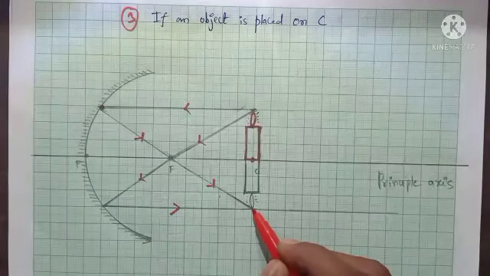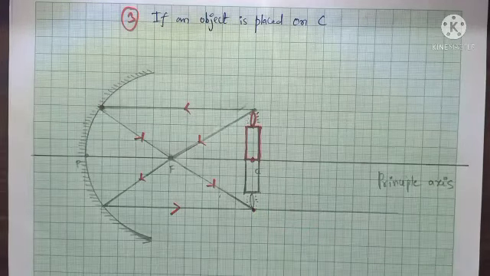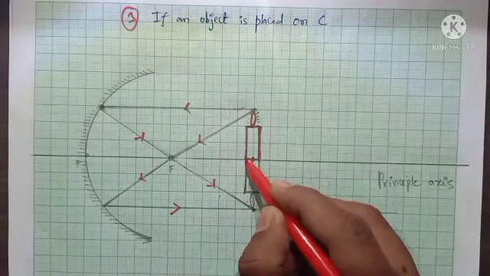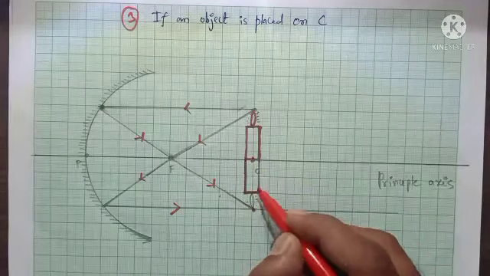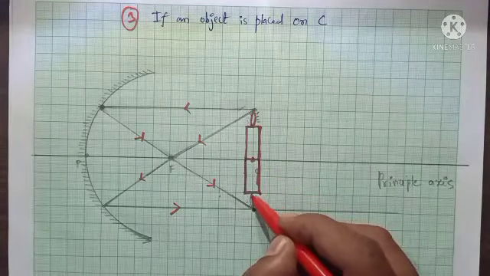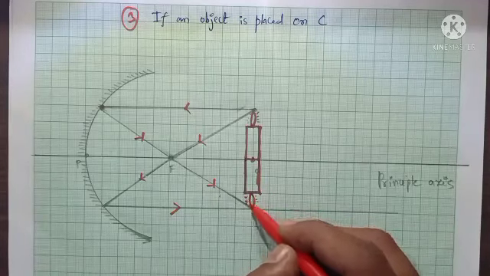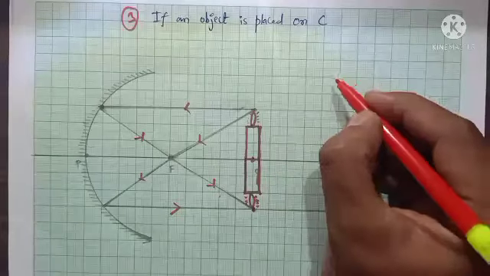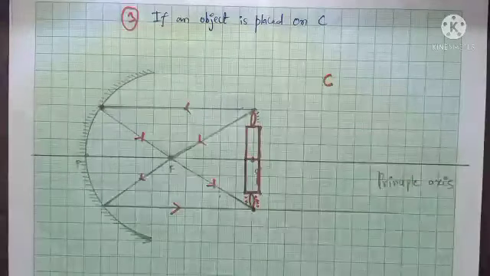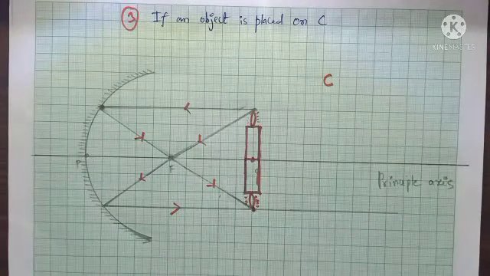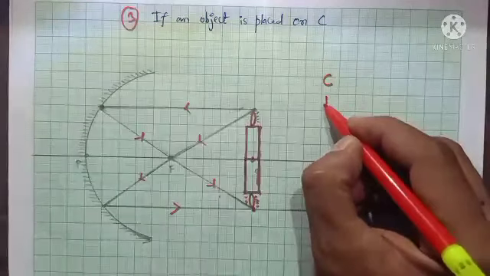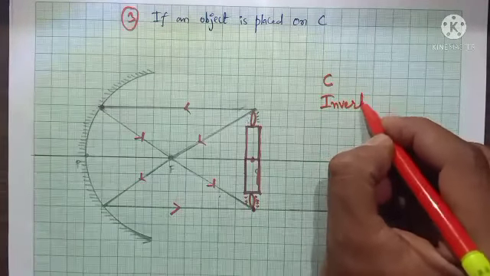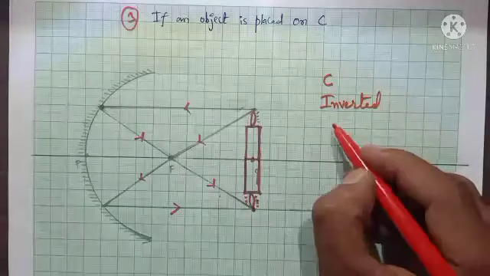So the meeting point where both of them meet is the point of the image. Here the image is formed on C, so it is an inverted image,